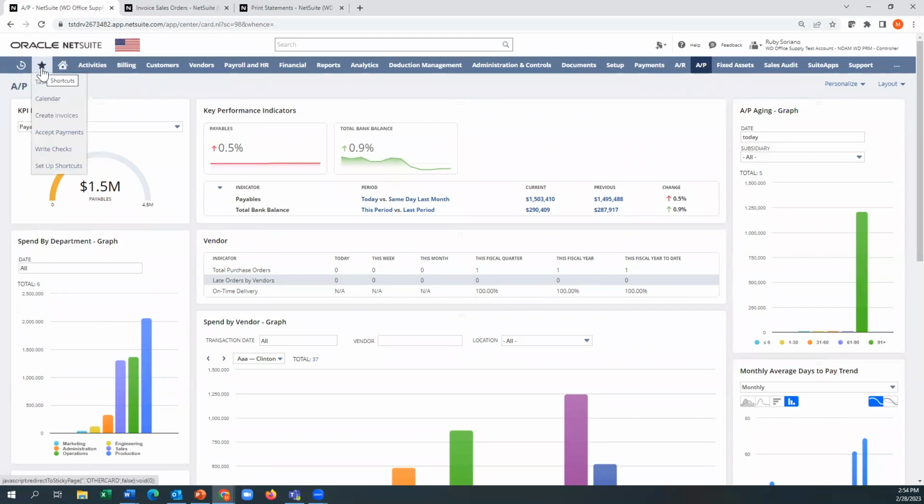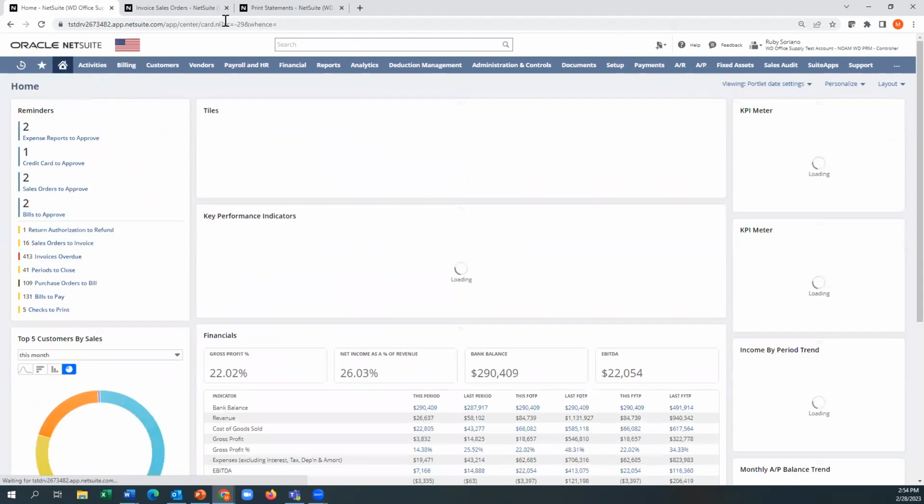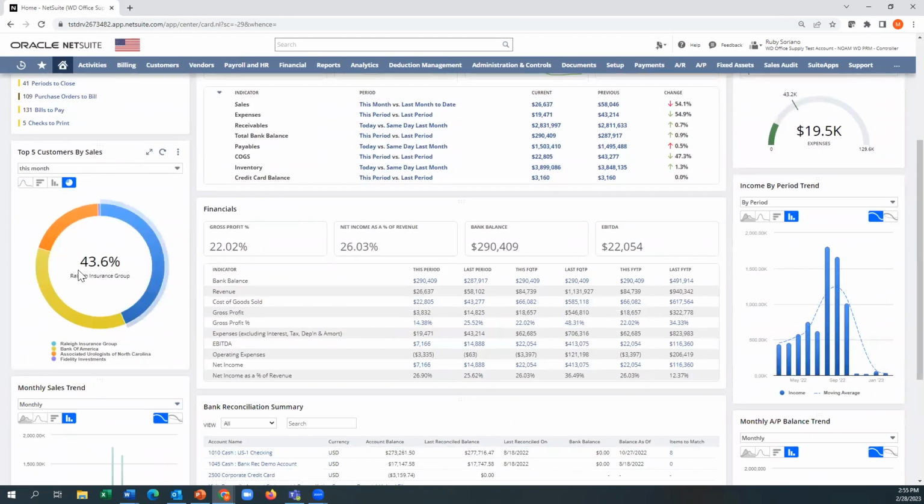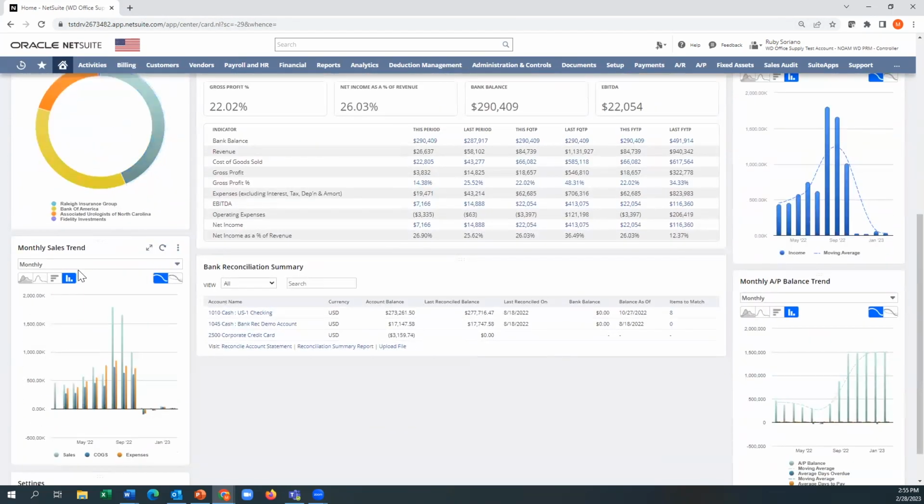If I hit the star, it takes me to my favorites, and it takes me to my recent records from a navigation perspective. So again, more scorecards, and I'll just bring you into bank reconciliation. This is, again, another search built into the dashboard.